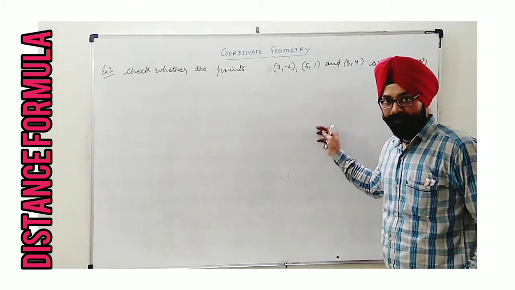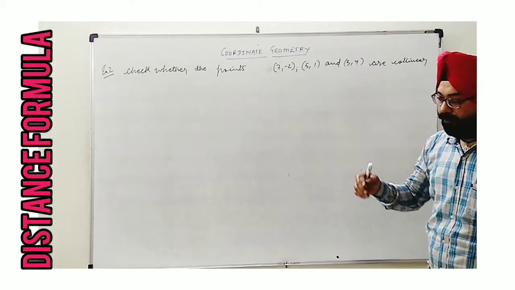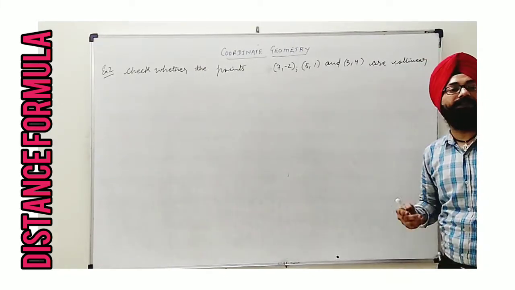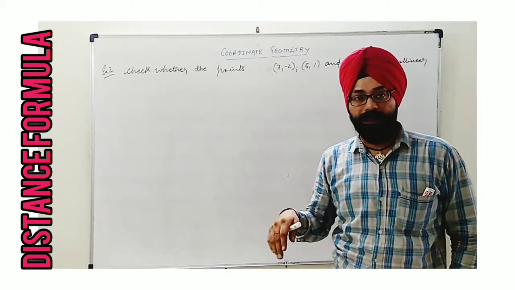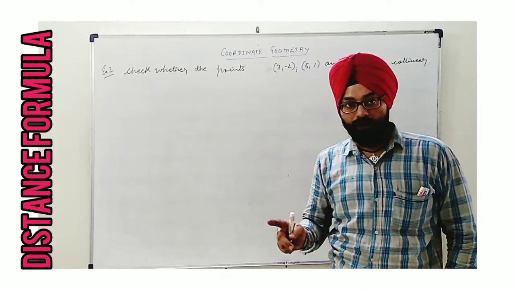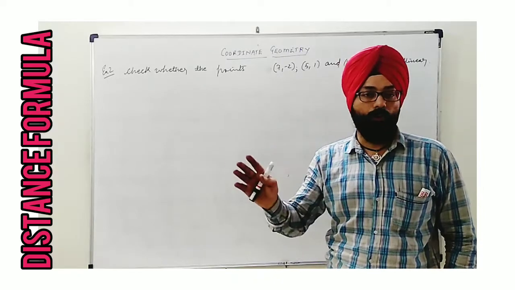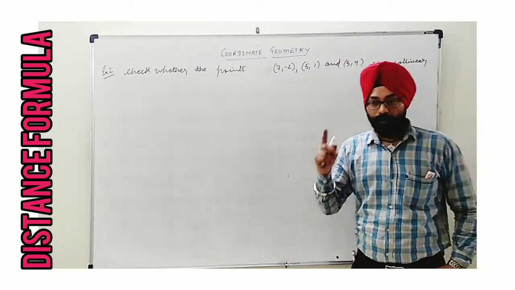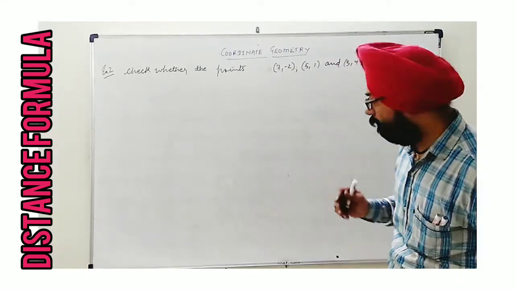In the second example, I have taken the concept of collinearity. Before we go ahead with the equation, I will explain the meaning of collinearity. By definition, three or more points, if they lie on the same line, are said to be collinear. I repeat, three or more points, this is the compulsion, not two, because from 2 points a line can be drawn. That will be a unique line. By the way, three or more points, if they lie on the same line, are known as collinear points.